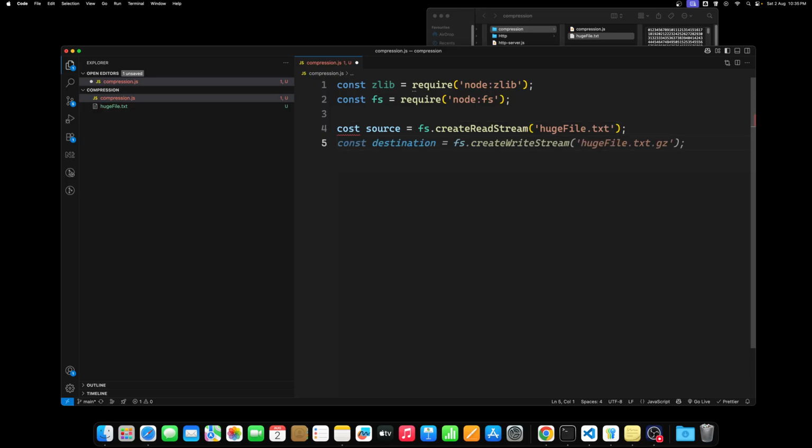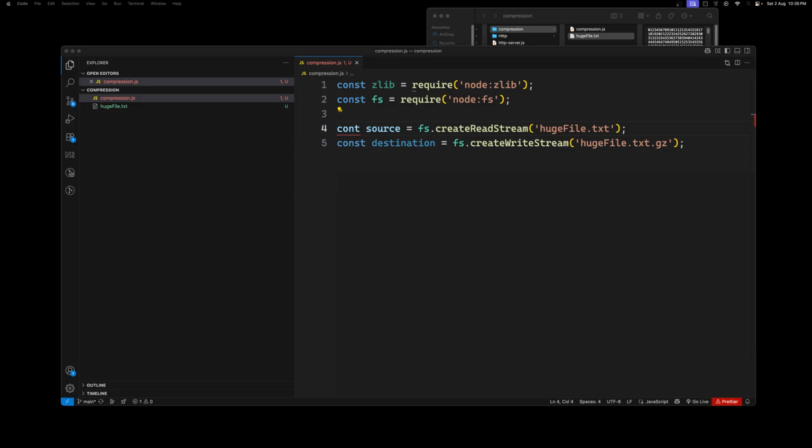And here I would be trying to create a destination file as fs.createWriteStream of huge file.txt. So now these are the two things which I would be trying to use. So here, if you try to understand carefully,